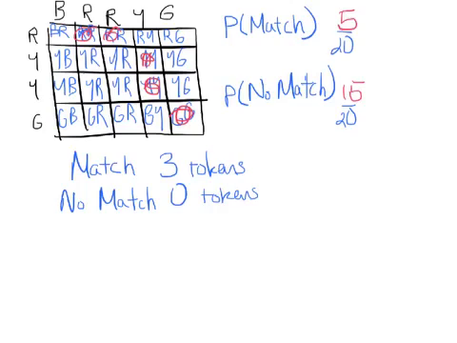Now, here's the expected value part. We're going to figure out for one game, just one game, how many tokens I would lose. How many tokens I can expect to lose each game. So how this works is, first we figure out theoretical probability. Second step is to multiply